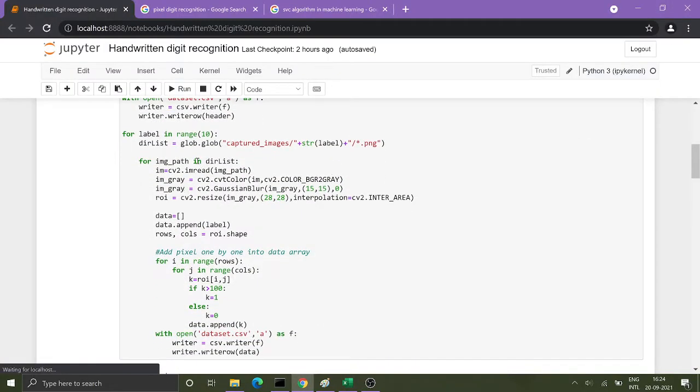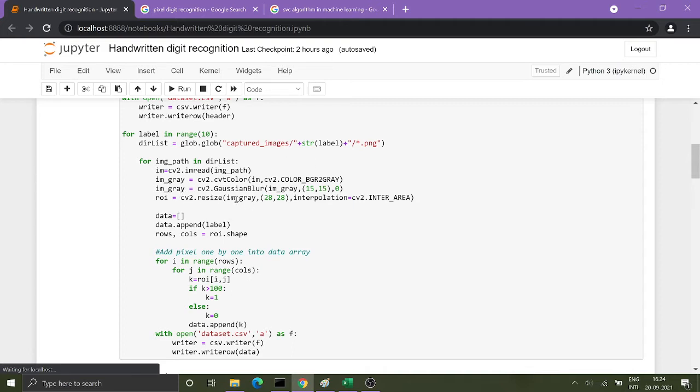Here it will read our image and convert it into a grayscale image. Why grayscale? So that there are only black and white, no other color, so it will be easy for pixels to identify whether the image is drawn in a particular pixel or not. Then Gaussian blur: we are blurring the image to avoid noisy pixels, so that the blurred part is removed using Gaussian blur.